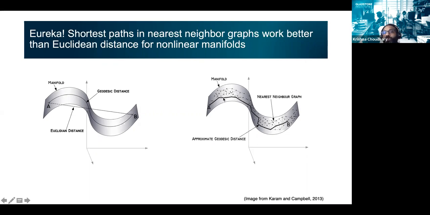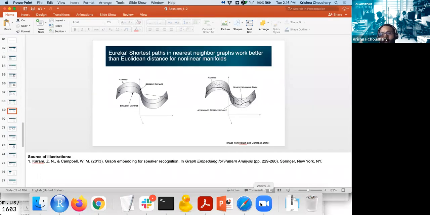And then once we have assessed the distance in terms of the nearest neighbor graph, instead of Euclidean distances, then we can apply the same linear projection techniques as in PCA, etc. We can apply those techniques in conjunction with the approximate geodesic distance using the graph, and together they will give us a nonlinear projection. So that was the advance in ISOMAP, and we will discuss now